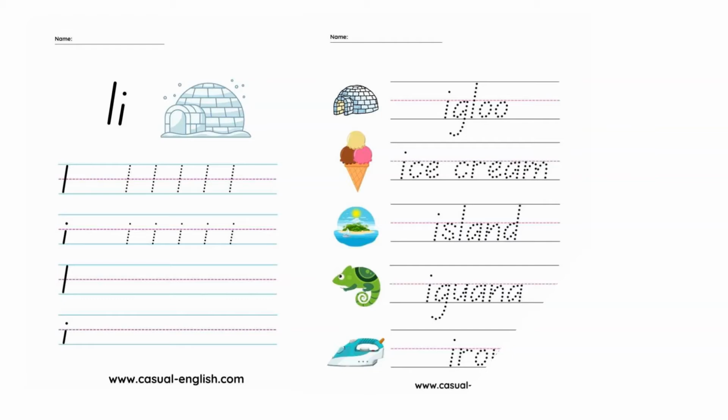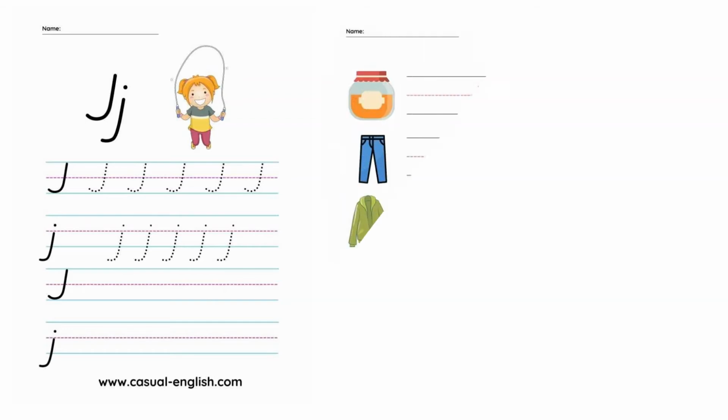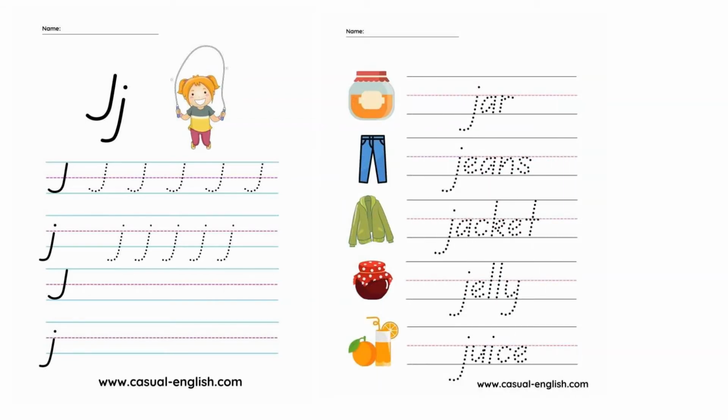I, igloo, ice cream, island, iguana, iron. This depends if that vowel is long or short. J, jar, jeans, jacket, jelly, juice,